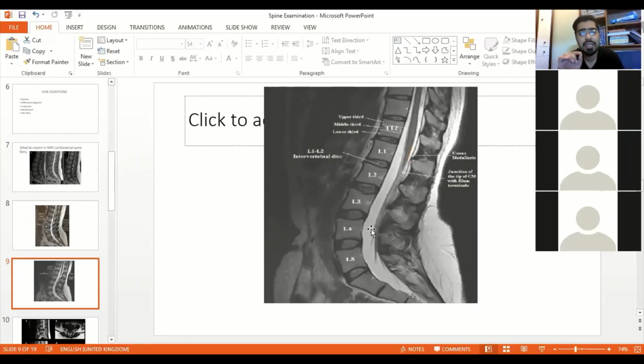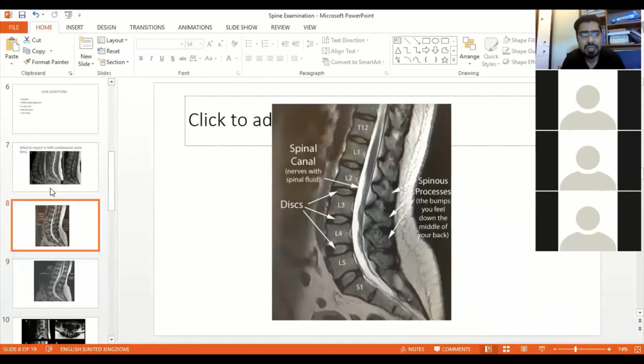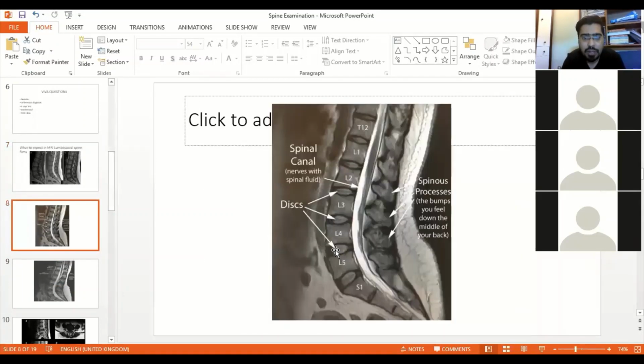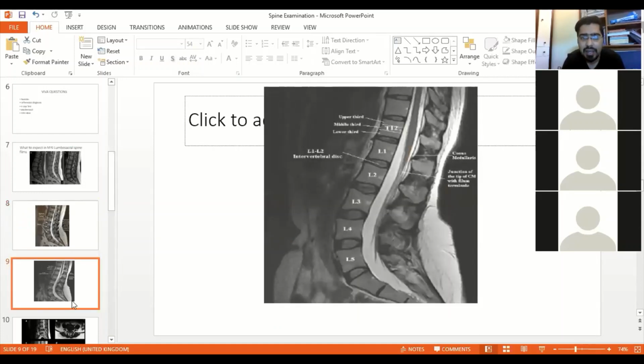How can I see that the disc is degenerated or not? The degeneration of the disc is seen. See, this is a disc at this level. You see a whitish material inside, round whitish, and around it a blackish material. But if you see any extrusion of this whitish material or change in density, like there, you see that this whitish material is not that enhanced in both the films L2, 3, L3, 4. So it means that degenerative disc has started.